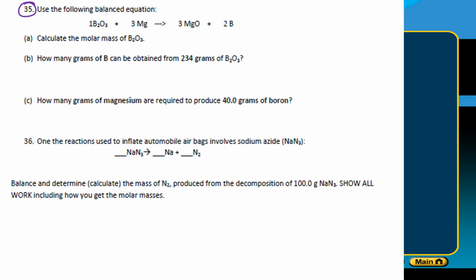So for number 35, we had boron oxide, and then we had boron oxide plus magnesium reacts to form magnesium oxide and boron. So the first thing that was asked us to do was calculate the molar mass of boron oxide. So just double check. I got